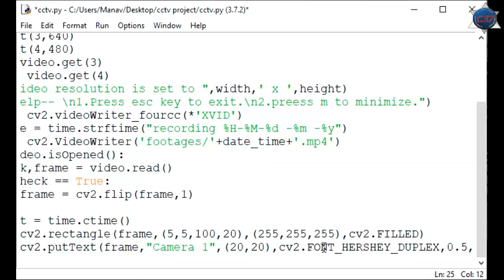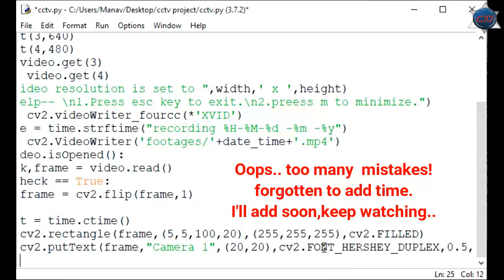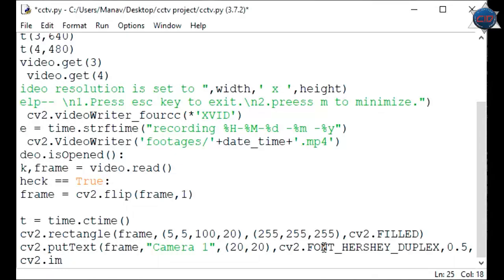Now time to show our video, so I will show it by calling cv2.imshow. And I'm naming the window CCTV camera.